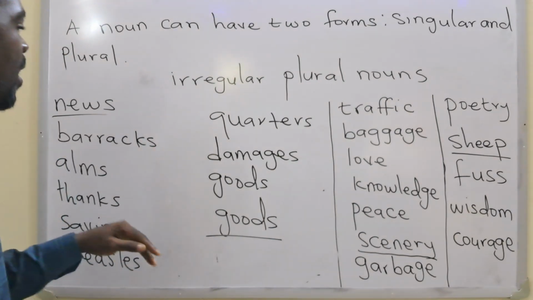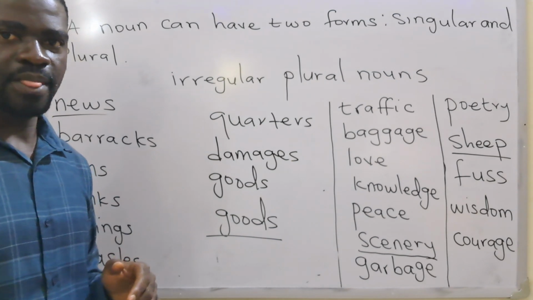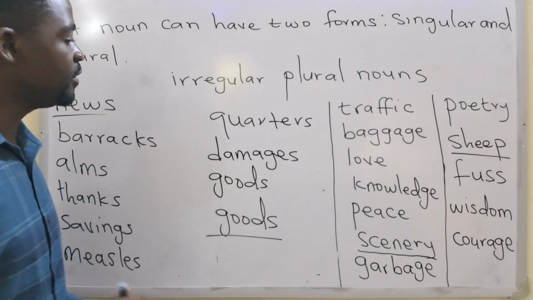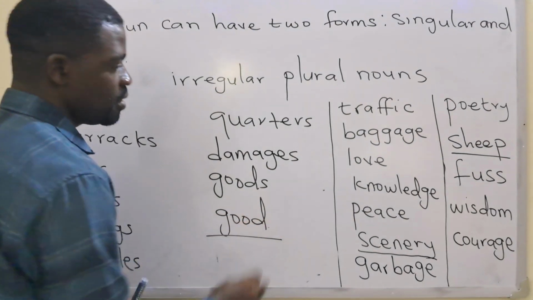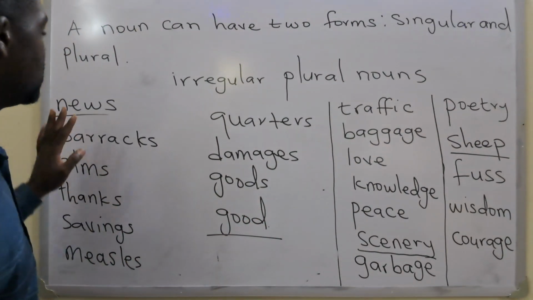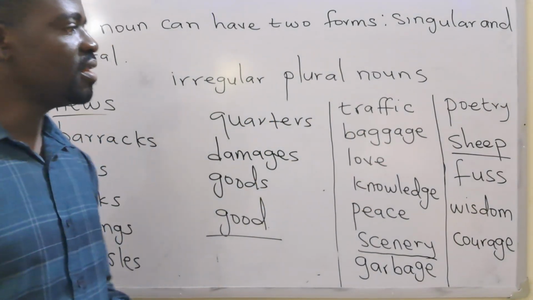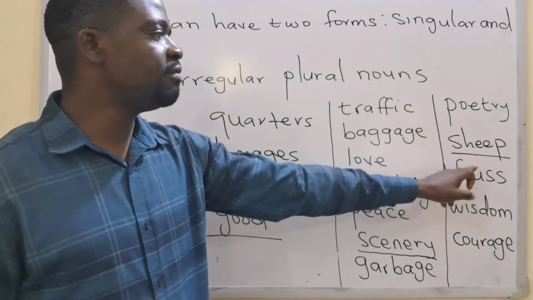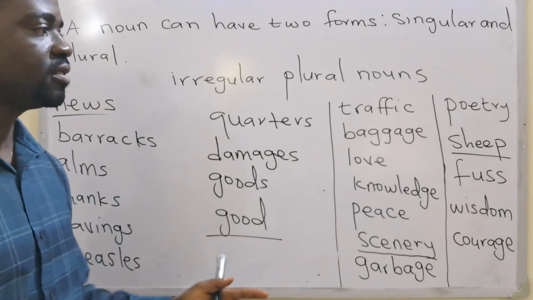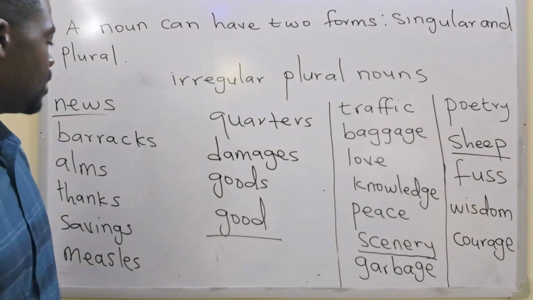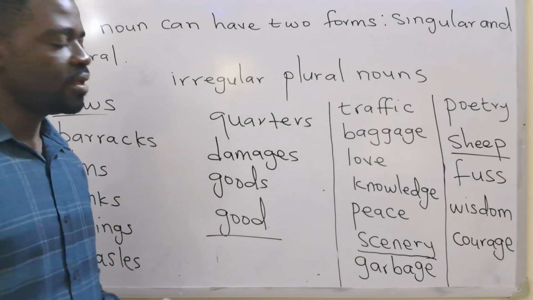The more you know about the uniqueness of each noun, the better you will be, especially in your writing and even in your speech. So you know when to use goods and good. You also know when to use news. You know when to use traffic. And if you're writing as well, you're not going to say the plural of sheep is sheeps. If you have 2, 3, 4, 5, it is always sheep. And of course, that will make your writing way, way better. Don't forget,